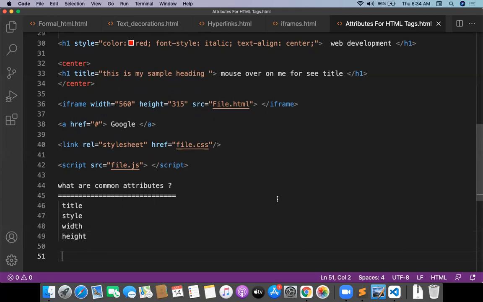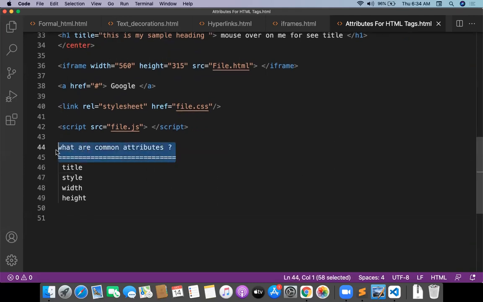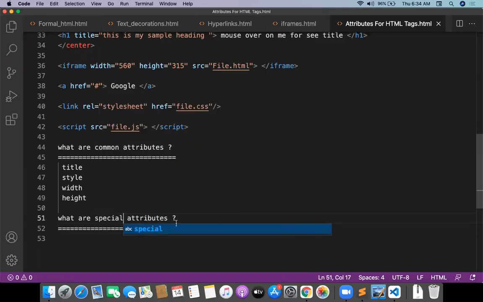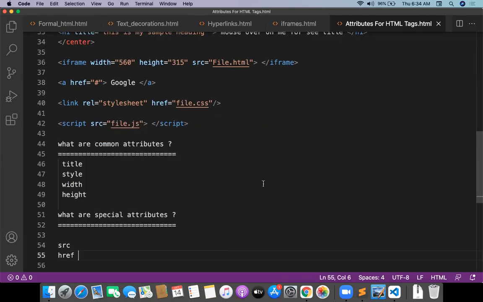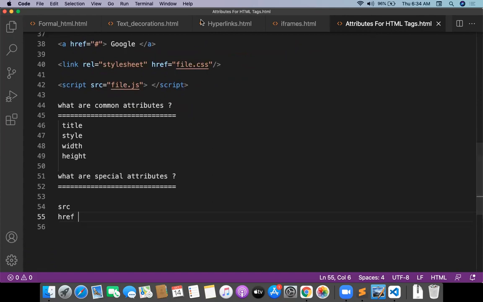And what are the special attributes? Special attributes are only few: SRC, href. Here style is a common attribute, title is common, width is common, height is common, but SRC is a special attribute.